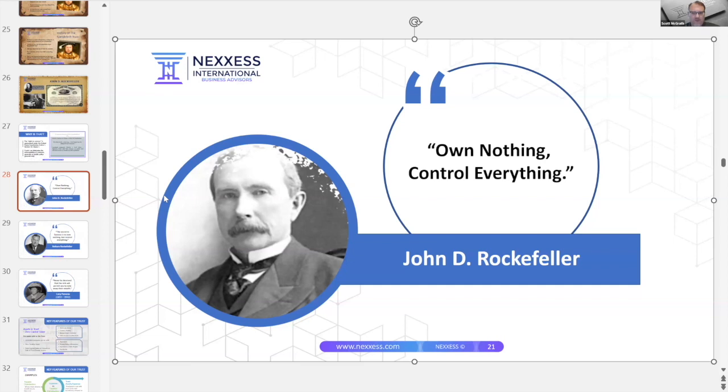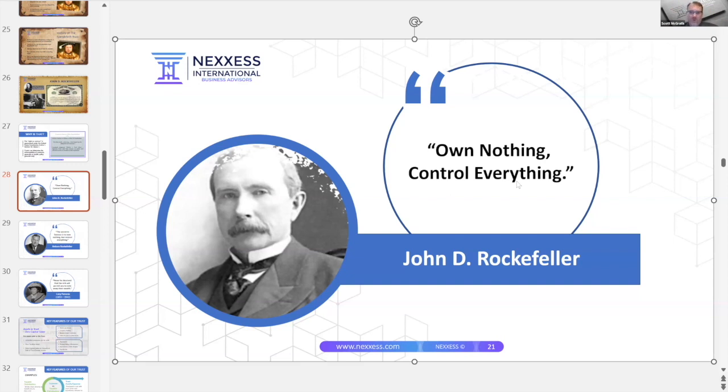Now, I don't want to spend too much time on it, but I want you to understand the basics of how the trust code works. Again, own nothing, control everything. I did my best to explain to you what Rockefeller meant by that. Okay, you want benefits? You want 5 living benefits? You better not own the asset. Okay, you need to put it in the trust. It needs to go in through a contract. Why? Because you're the trustee. How can you control it if you're not the trustee? Okay, the bank controls it.